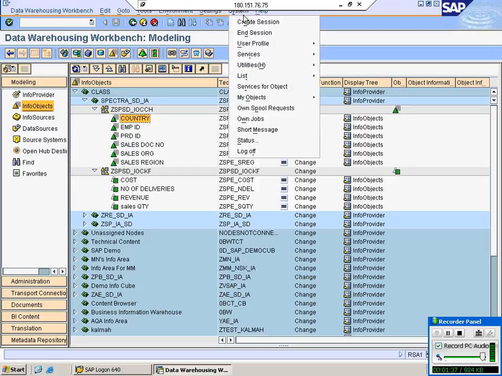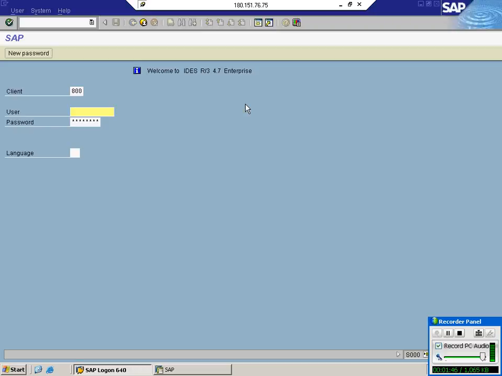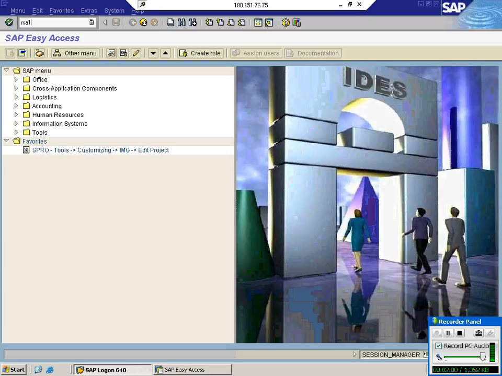I'll just log into the source system. Workbench.